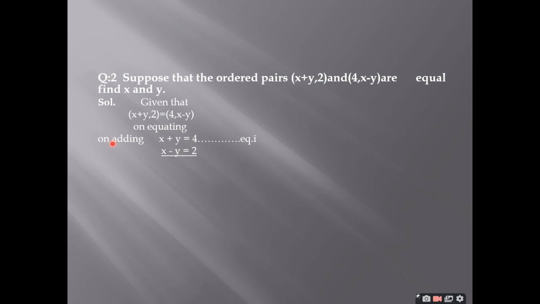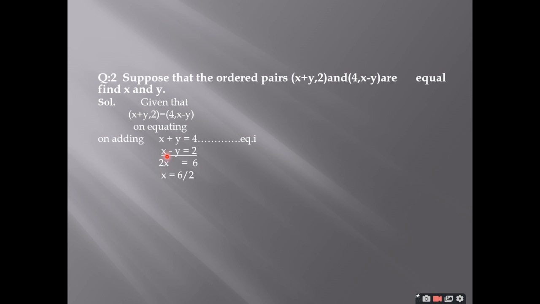Now adding both equations, 4 plus 2 is 6, write the equal sign. We have positive y and negative y. When we have positive and negative, they cancel each other out. Now x plus x is 2x. Now we have 2x is equal to 6. So we have to find the values of x and y, and in this situation we first find the value of x. To find the value of x, we write x separately and transpose 2 to the right hand side.